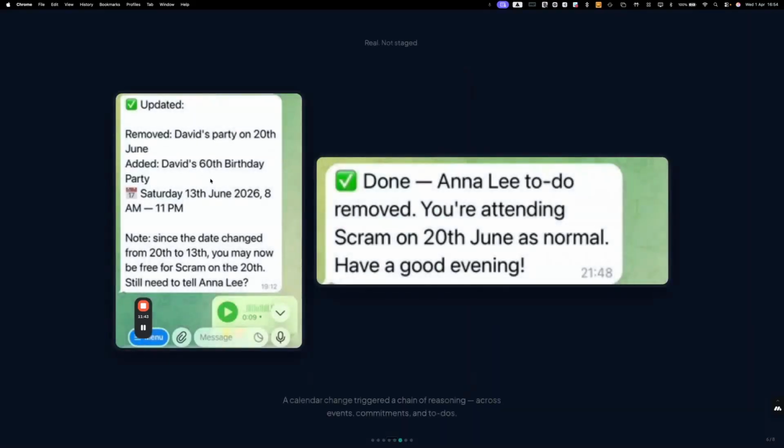And then we also had another situation when I had a party I booked and it clashed with another event called Scram. So I had to cancel the Scram and put in the birthday party. And so I asked it to change the calendar appointments, but put in a to-do item to let Emily know that I can no longer come to Scram. However, the date of the party changed. So I then cancelled the party and changed the date and put the Scram back in. And on its own accord, its own reasoning, it picked up that now I don't need to cancel Scram with Emily. And it said, should I change that to-do item, that you don't need to tell Emily anymore, completely on its own and its own intelligence.